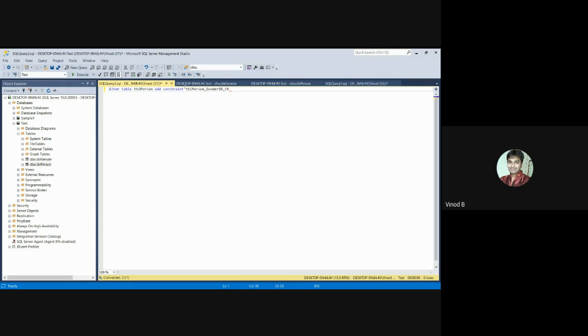Foreign key is a constraint. We are adding this constraint to the table person. This command means that. And here, the foreign key